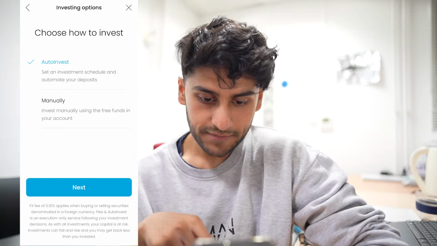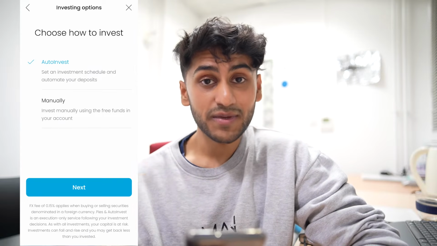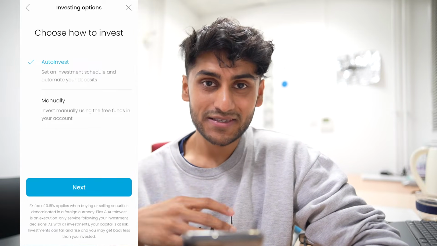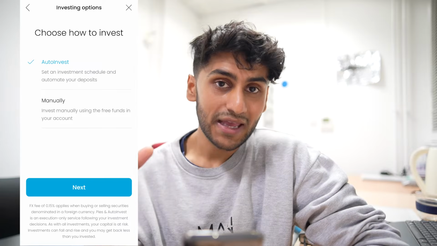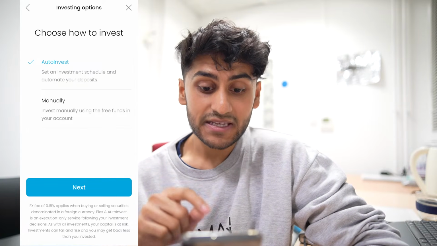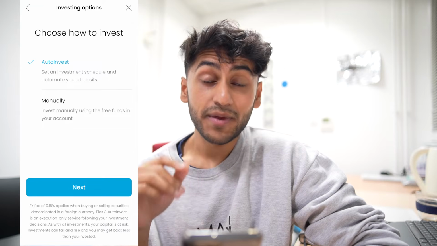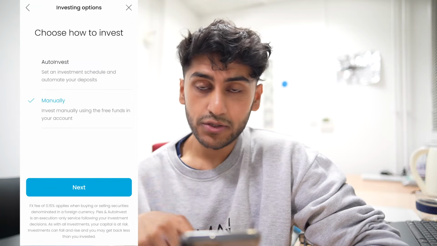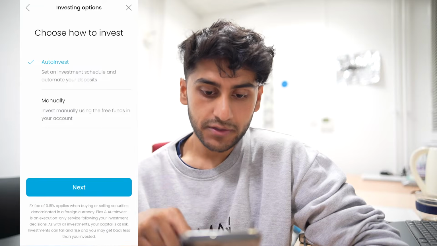We can press next. Now this is very important for those who have asked me how we can automatically invest instead of manually putting in money and manually picking our investments every month. We can go to Auto Invest. This sets up an investment schedule and automates your deposits. If you choose to do so, you can also do this manually, but if we go into Auto Invest,